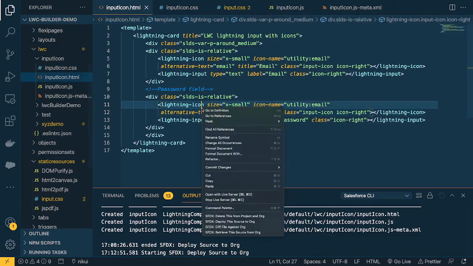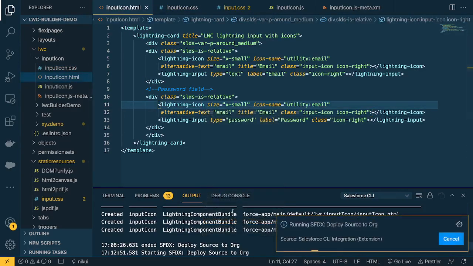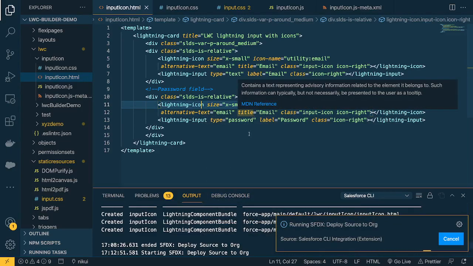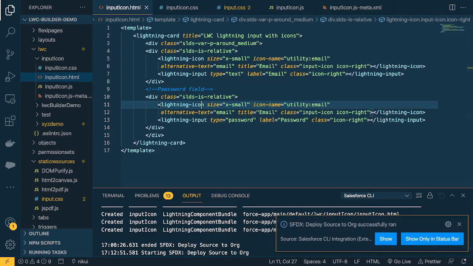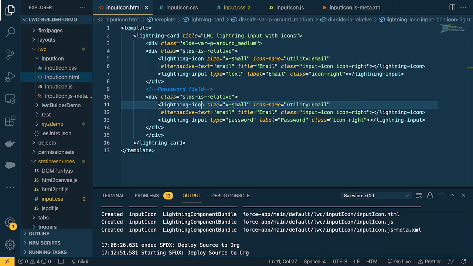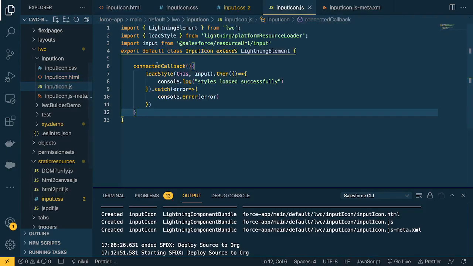Okay, now our form is working fine with the icons and it's looking good. Now the next task is, many people have asked me about a use case in their project: a lightning input field of type password should have an eye icon, and on click of that eye icon the text should be visible. To solve that, we'll go back to our JS file and